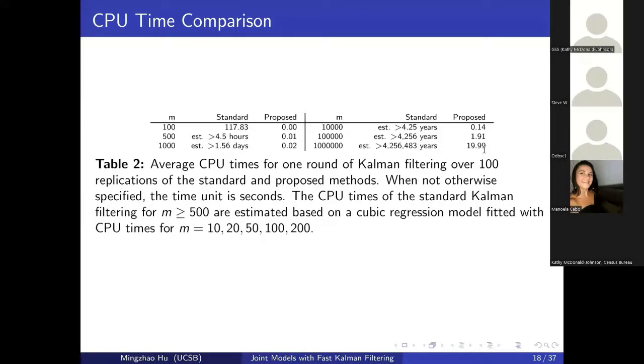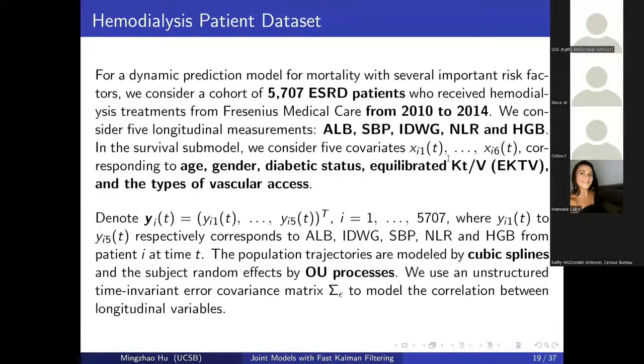And nowadays, with the advancement in electronic health records, the medical data sets used for learning are getting increasingly larger, and we are very commonly seeing data sets with more than 10,000 patients, usually in the number of 100,000. So this is quite a significant improvement. As for our real data application, we introduced the hemodialysis patient dataset, which considers a cohort of 5,700 end-stage renal